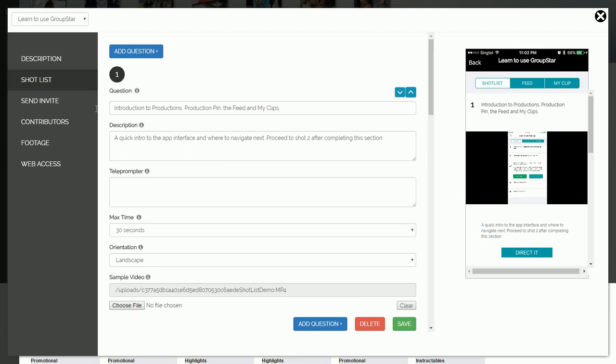So making sure that you're thinking about what kind of questions you want to ask, providing enough of a description in here that your contributors have a good idea of what they should be talking about, especially if it's an on-the-fly question. If they have a couple of guiding questions to help form an idea, then they can give a good response when they're actually being recorded, and then using that teleprompter if you're planning to use a pre-planned script, and then they can just read that directly off the phone as they're